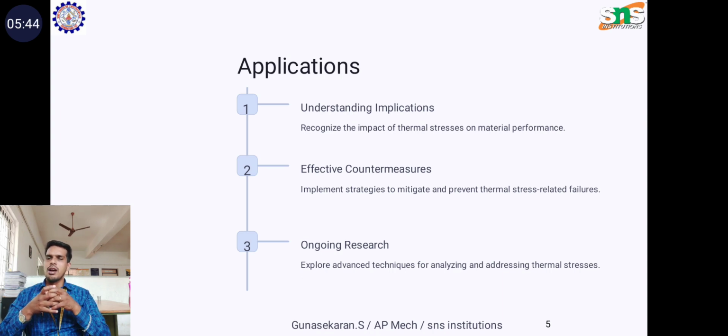Note: understanding and managing thermal stresses are crucial in ensuring the reliability and performance of various